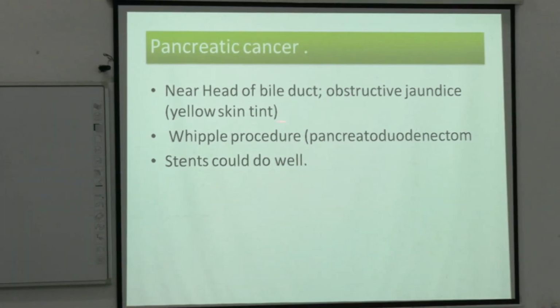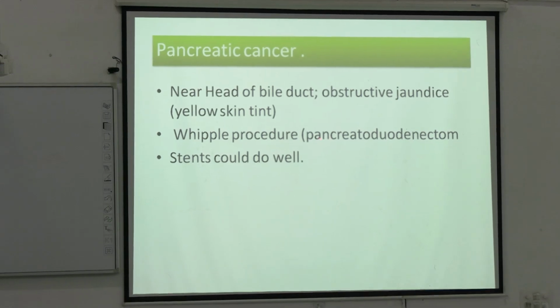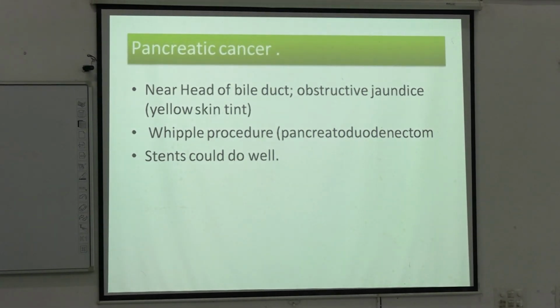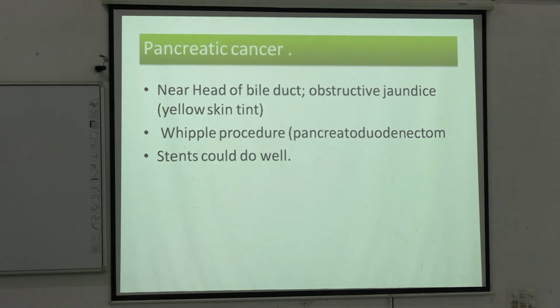Now, near head of the bile duct, obstructive jaundice, the yellow skin tint, Whipple procedure, pancreatoduodenectomy, stents would all do well. Nowadays, the gastroenterologist puts a stent. If there are any obstructive features in the hepatobiliary system, then they put a stent through the endoscope to relieve the jaundice and later proceed for major surgical maneuvers. Now, next,